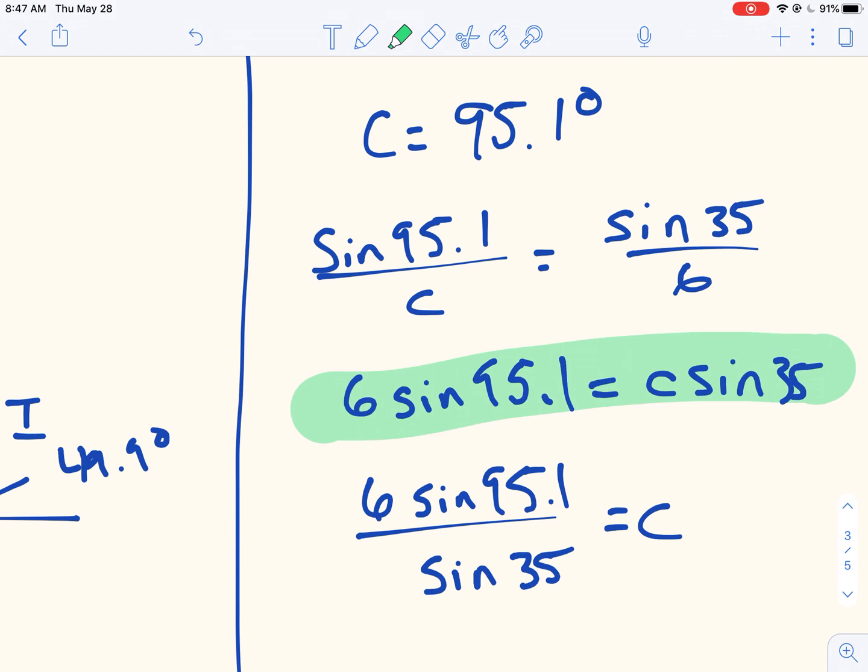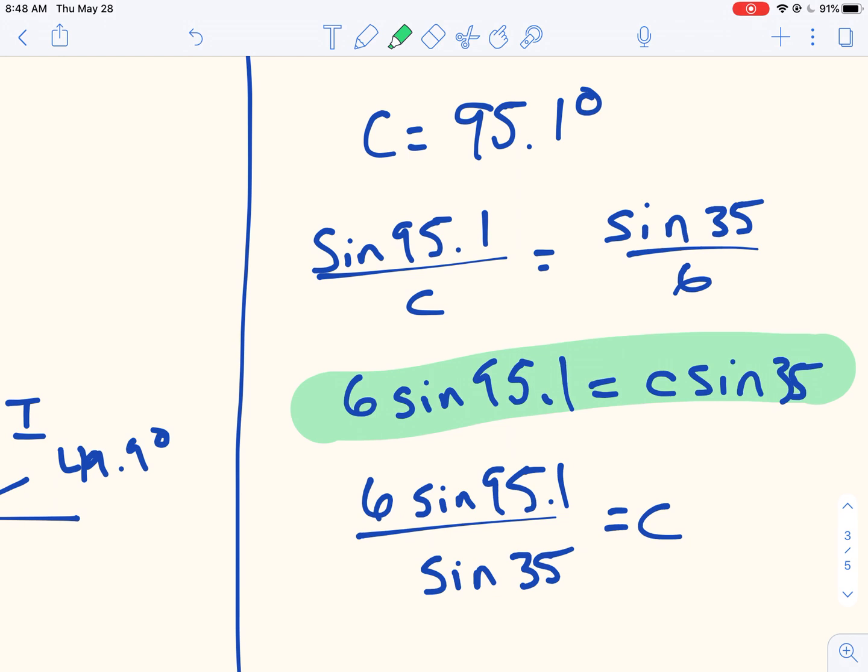I have to do this at some point. And I'm just so used to plugging it in, especially after I did the 8.2 part 1 homework. I jump this step frequently. It's unneeded. I can jump straight to the 6 times the sine of 95.1 over the sine of 35. You're going to see that a lot, so make sure that if you're kind of confused that that's what's happening. I go ahead and I plug this into my calculator, and